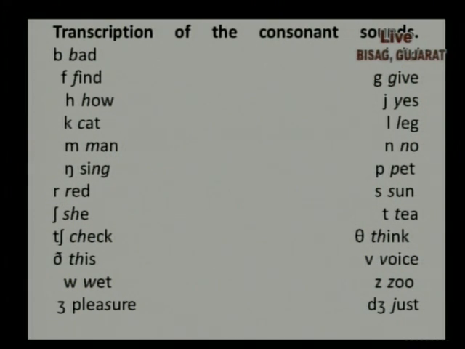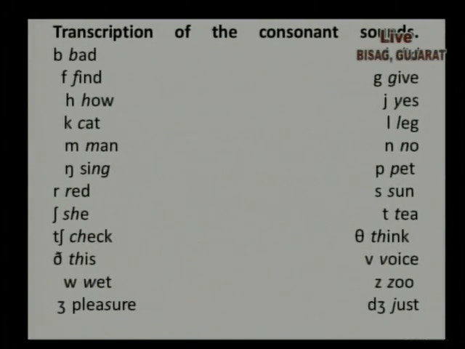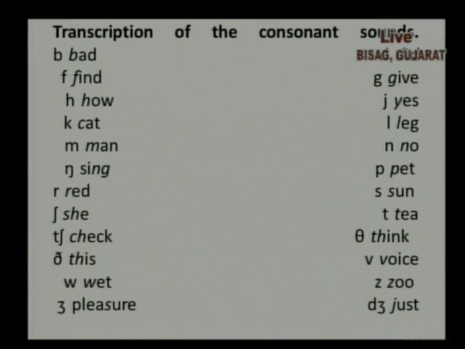The initial letter m represents the nasal sound, and you write it in the same fashion as the lowercase alphabet m. Then you have the word sing. Pranay already told that the ing sound is used only in the last part of a word, like sing, bing, things like that. So here the example we have is sing, and the ng sound is represented by this symbol here.